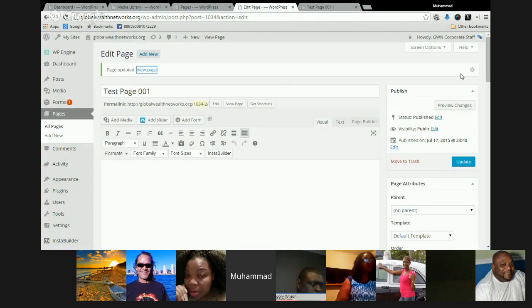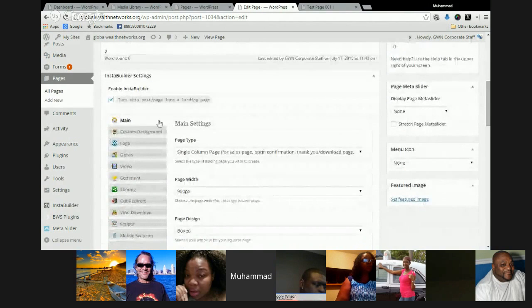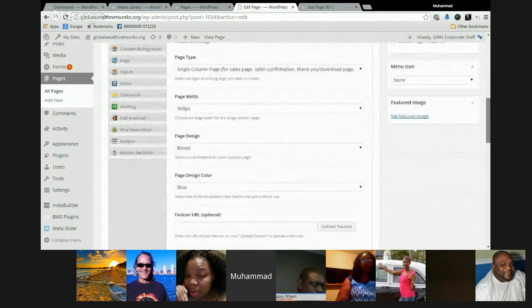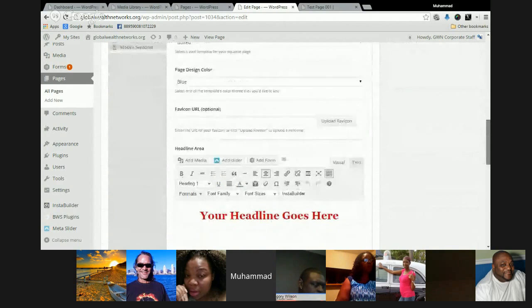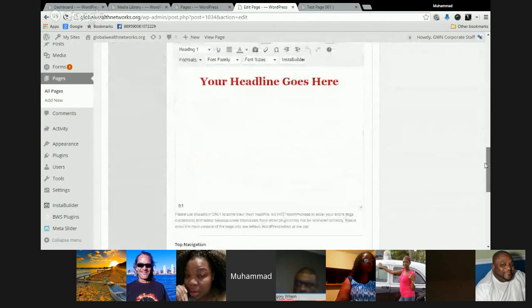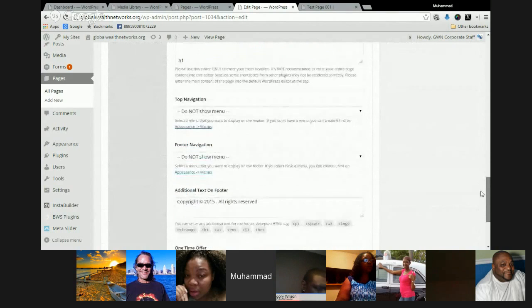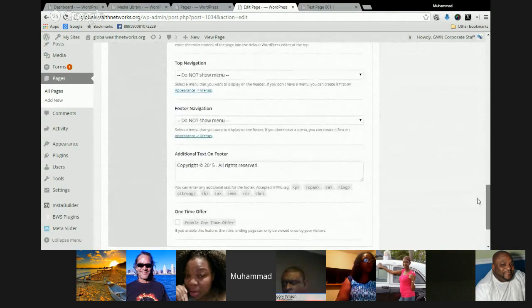So let's go back. I'm back to where I'm working on this page. I'm going to scroll all the way down. I'm on the main page of my Instabuilder for this page that I'm building. And just below where it says your headline goes here, if I keep scrolling down, it says footer navigation. What's the text on your footer? Well, right here is what you saw on the other page. It had copyright. But I'm going to add something here. I'm going to say